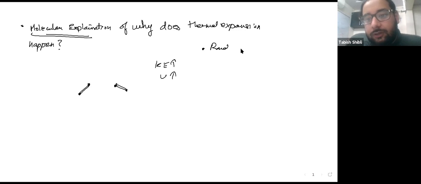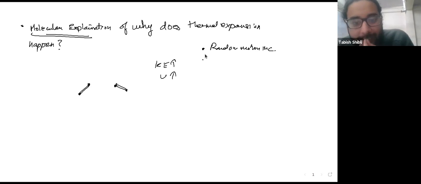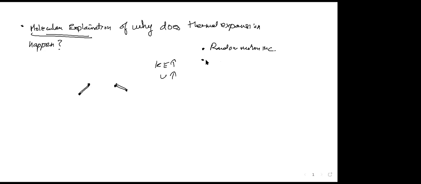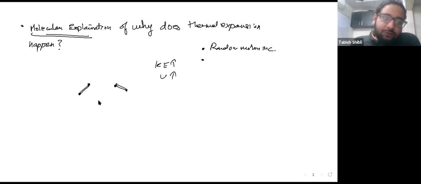Random motion increase, and I'm sorry, आपने पहले क्या बोला था? I said that the molecules start to vibrate. यस, सो इसेंशियली क्या हो रहा है, अगर यहाँ पे एक मॉलिक्यूल है, ये मान लो 0 केल्विन पे है, केल्विन में इट्स नेवर डिग्री,